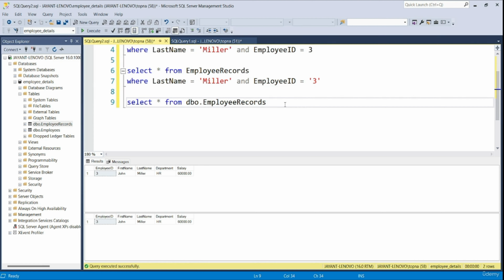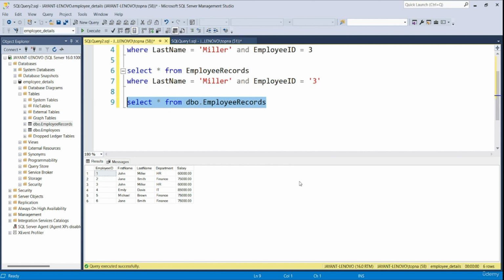And if I now execute the statement written in line 9, this is the table that we have. Now let's say we want to see the data only for those employees who are either from the HR department or from the finance department, right? We do not want to see the records for IT. As of now, we have a total of 6 records. And let's say we want to see the records for those employees who are either from HR or from the finance department. So we can apply a condition and say select star from dbo.employee records where